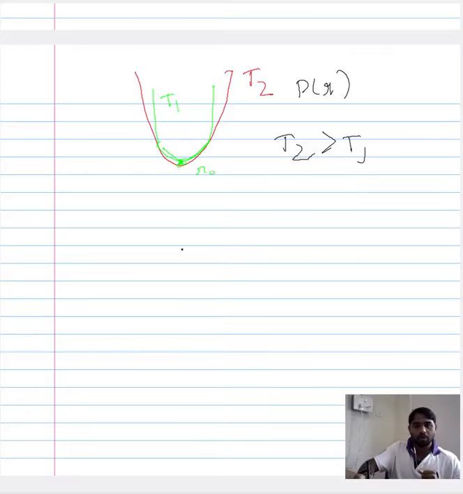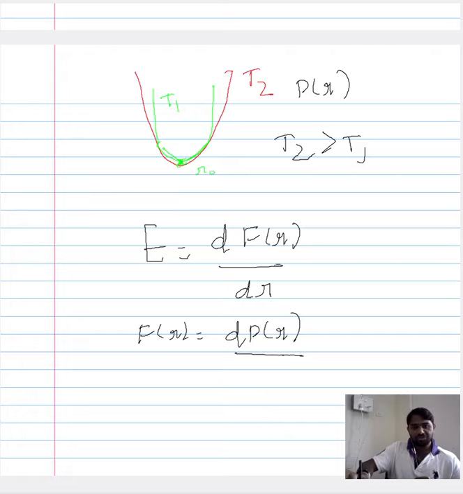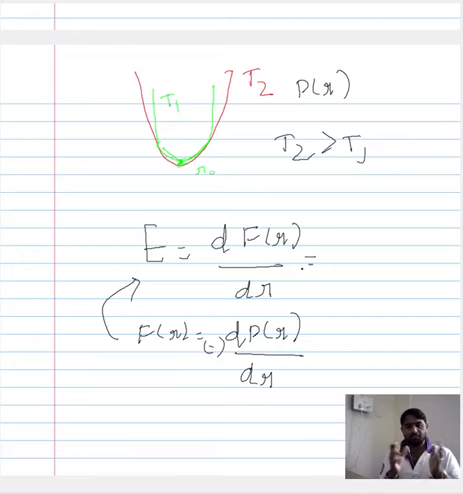Now let us go back to our description of Young's modulus, which we saw as the slope of the force. We have also seen that force is the first derivative of the interaction potential energy with respect to the positions of the atoms. Bringing that here, there is a negative sign, but that is because of convention. For this discussion, let us leave the negative sign alone. This is not inconsistent; there have been works wherein this negative sign has been removed.